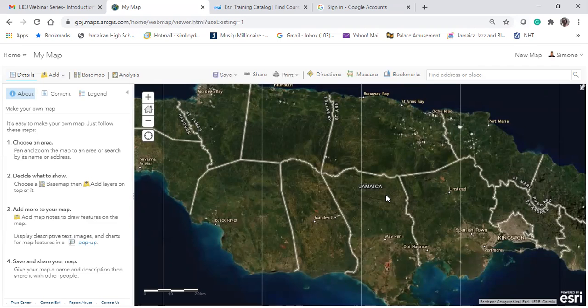By the third webinar in this series, Mr. Williams will guide us through how to create these maps. What are the various ways and means of creating maps on the ArcGIS Online platform? So we look forward to that, all right? Now, apart from that,